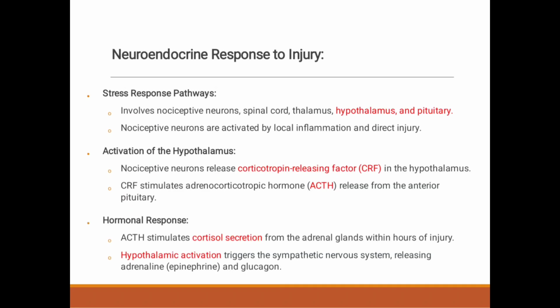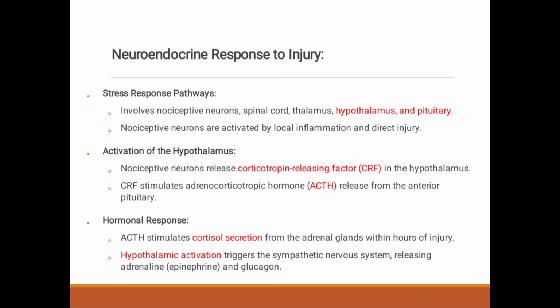The neuroendocrine response to injury. In this slide, we will basically learn the reasons behind the rise in the hormones which we see, like cortisol, growth hormone, glucagon, the so-called counter-regulatory hormones which increase during stress. What happens is,